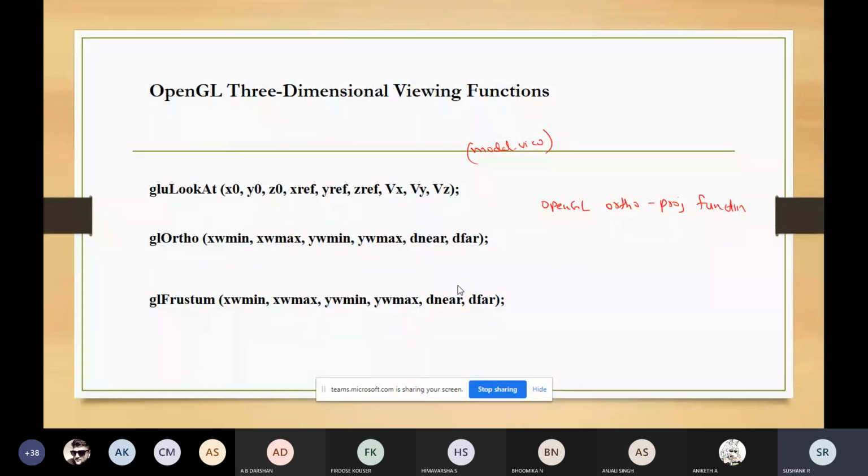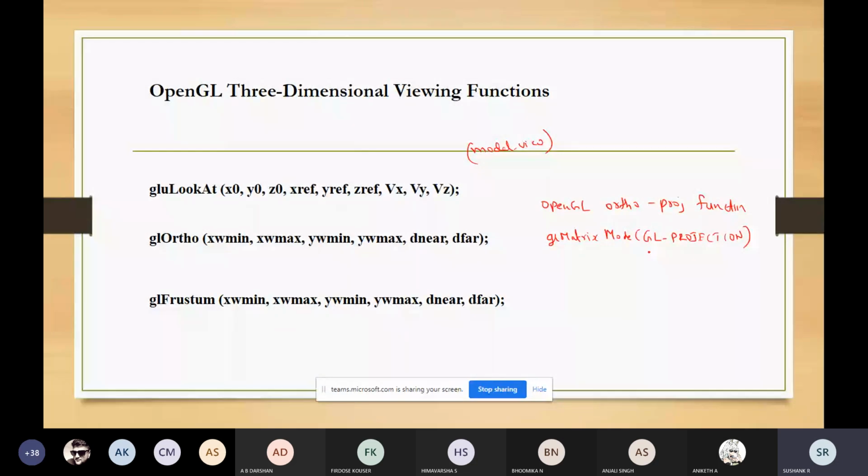But when we are talking about the OpenGL ortho projection function, here the matrix mode will be GL_PROJECTION. So in the second situation, the first statement will be glMatrixMode(GL_PROJECTION).